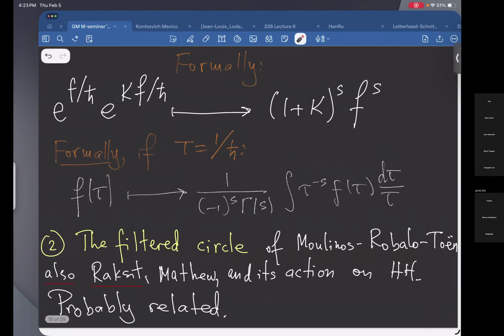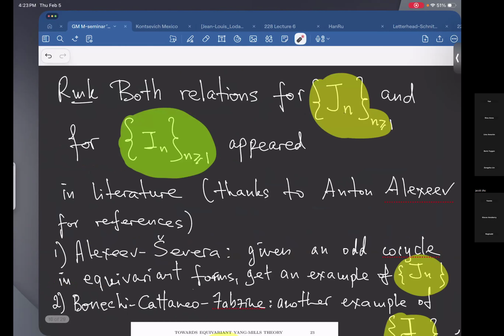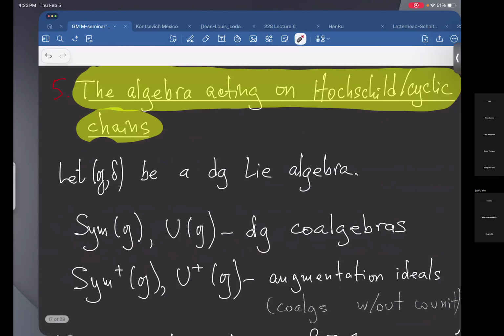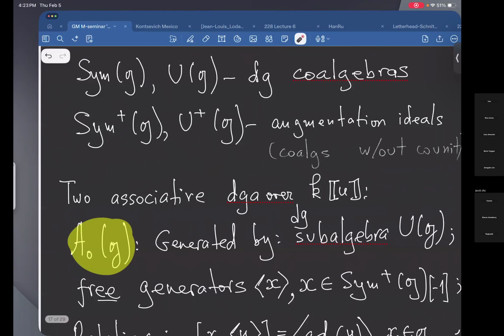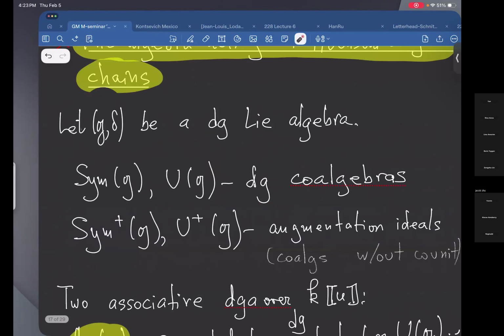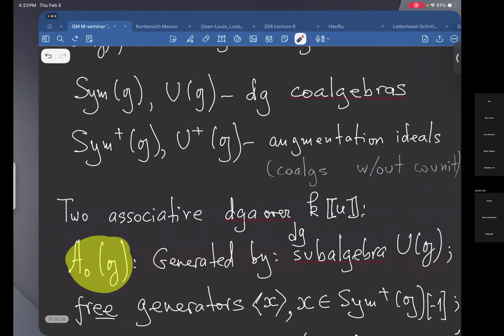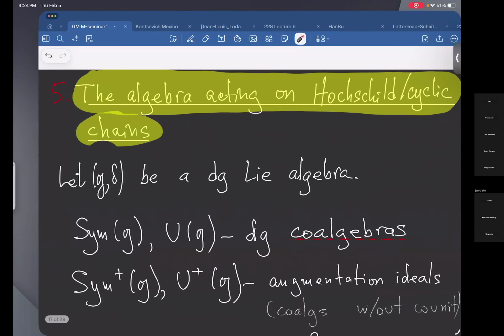Yeah, so let me skip this. So both relations did appear in the literature, as pointed out to me by Anton Alexeyev, and also one can make a statement: if you have a DG, let's say, Lie algebra, then you can form two DG algebras out of it, one yellow and one green, and let's say if it's a one-dimensional even Lie algebra generated by, so should I say maybe,